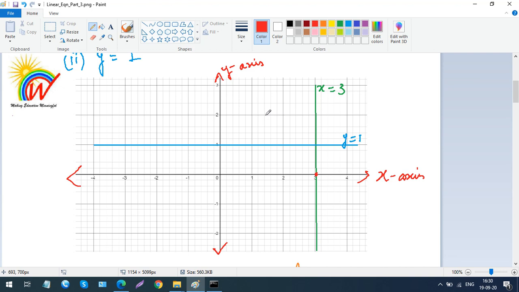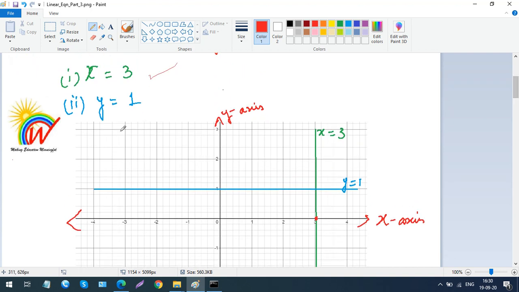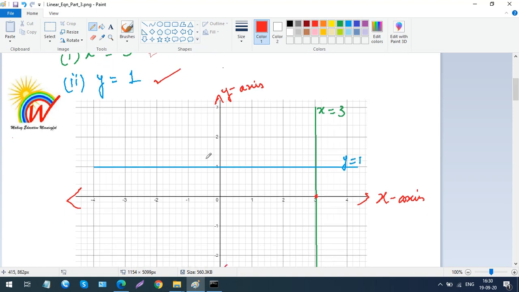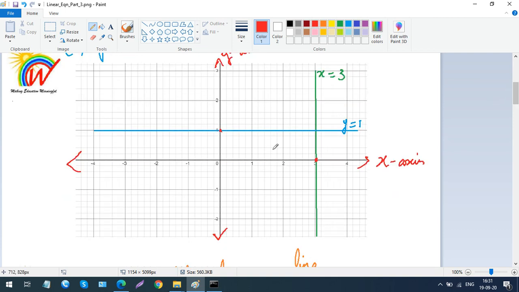It's vice versa. That is, if y equals any number, like in this case I have given you y equals 1, this is going to be a line parallel to the x-axis, okay? So now how do I draw a line which is y equals 1? I go to 1 on the y-axis and I draw a line parallel to the x-axis like this, okay? So what do you actually mean by x equals 3 or y equals 1?